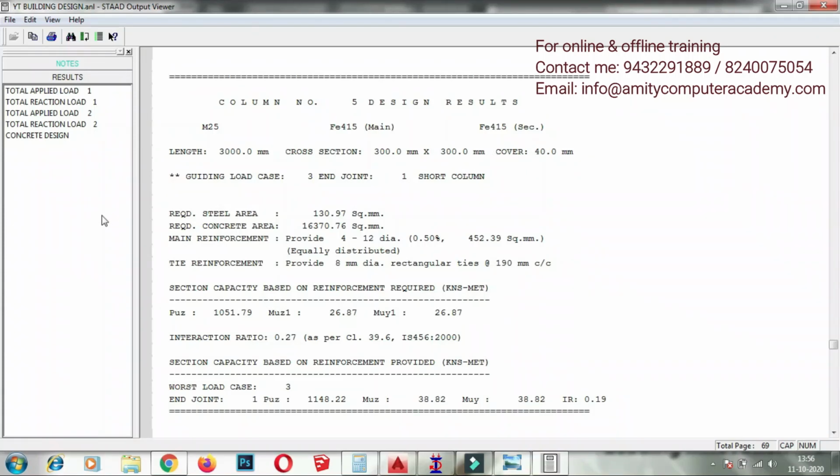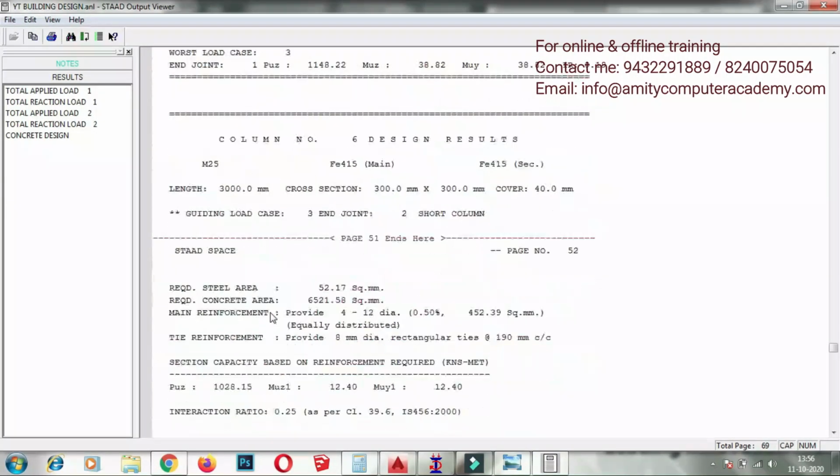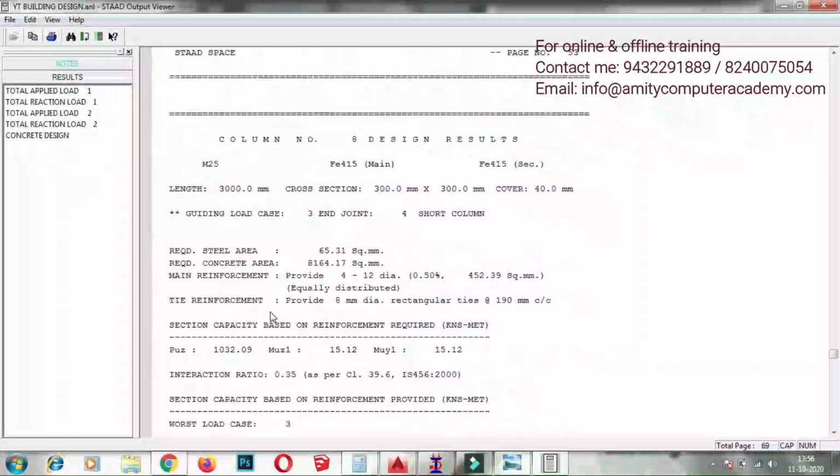The length is showing, the required steel area, required concrete area, it's all given over here. The main reinforcement is showing that 4 bars have been used of 12 dia each. Tie reinforcement area is showing over here with the bar size and the spacing. So you can get to see the entire detail for each column and beam.